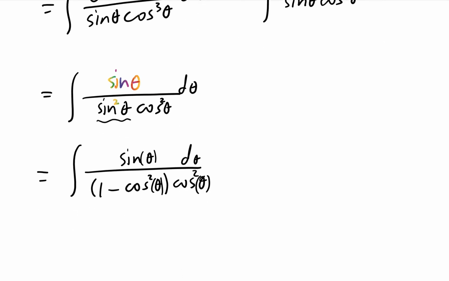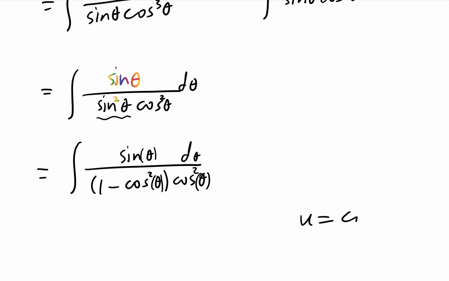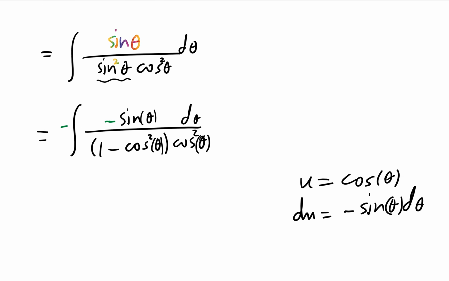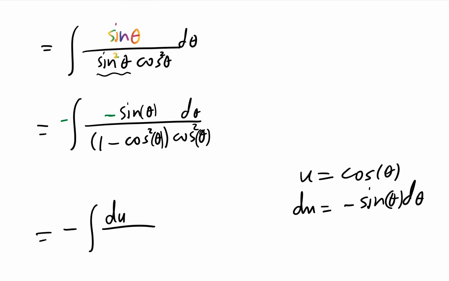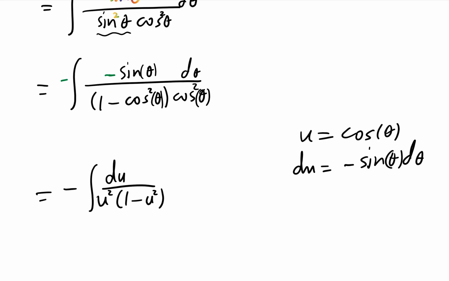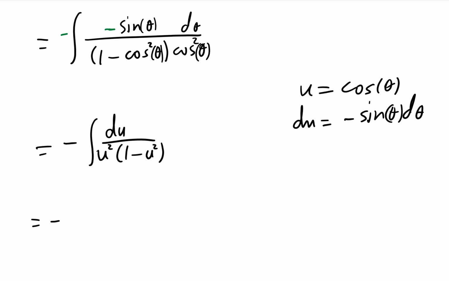And now I can take u equals cosine theta. So du is negative sine theta d theta, which we have on the top. So we need a negative, negative. So that gives me negative du over u squared times 1 minus u squared. Oh, what does that remind us about? Partial fraction decomposition. So now we're going to go on the side and